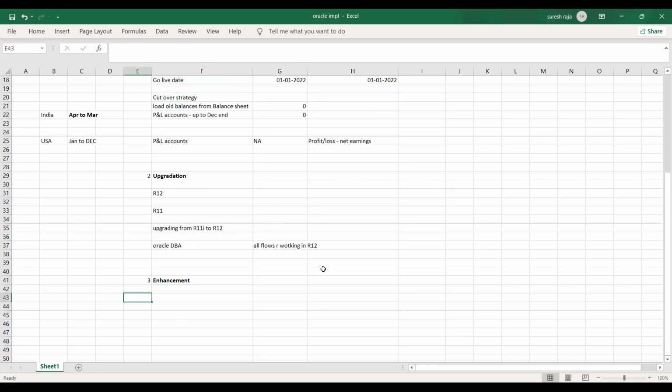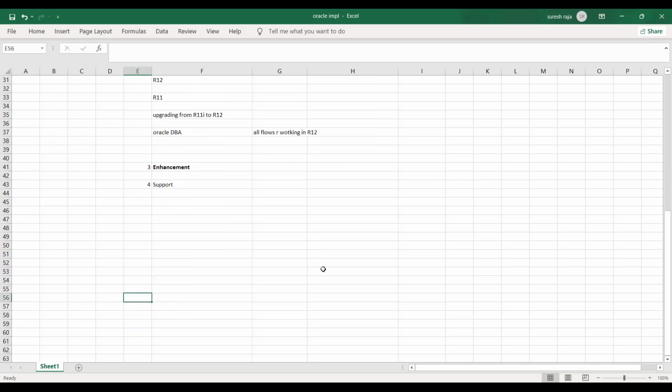Then support is normal Oracle support. Support is for the existing process, supporting any issues. Your end user will tell you this payment is not working, that is not working. How can you see it? You need to know how it has been set up. Suppose you don't know who implemented, what was implemented, how will you support? Each implementation is different. So there are some documents that we'll see later.